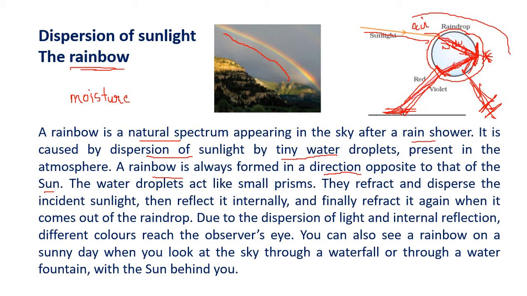So what is happening in the rainbow? At the first surface, refraction takes place. On the second surface, total internal reflection, then again refraction. So refraction along with total internal reflection gives the result of a rainbow. Now because the dispersion is occurring here and the internal reflection, the colors will reach the observer's eye separately. Because the velocity is changing, all the colors will not reach together. And because the colors do not reach together, we can see each and every color separately, and hence we can see the rainbow.